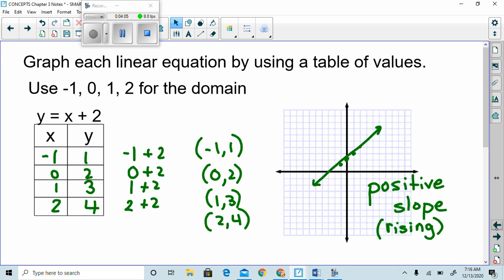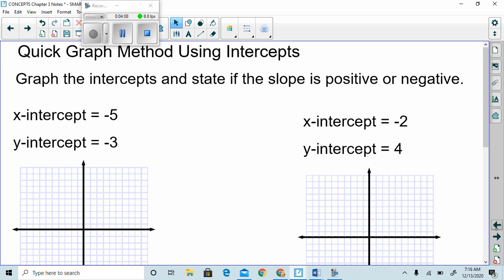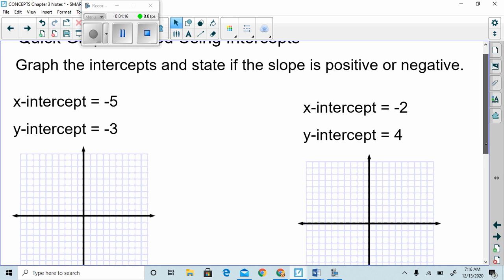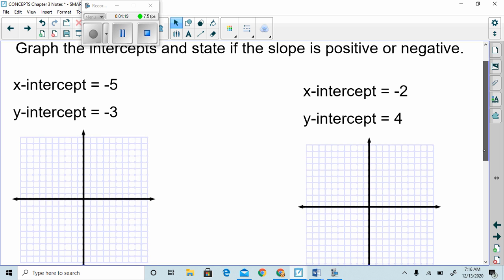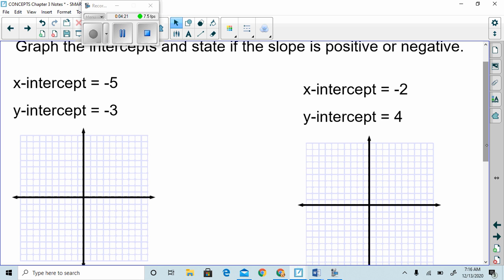From there, we decided to talk about a quick graph method. Yes, we can set up a table of values, but it takes a little time and we can possibly make errors in our computation. So another way to graph a linear equation is to use the intercepts. And once we connect those 2 points, we'll be able to once again state if the slope of that line is positive or negative. If my x-intercept, which is a point on the x-axis, is -5, and my y-intercept, which is a point on the y-axis, is -3,